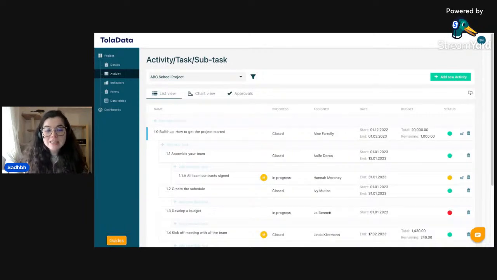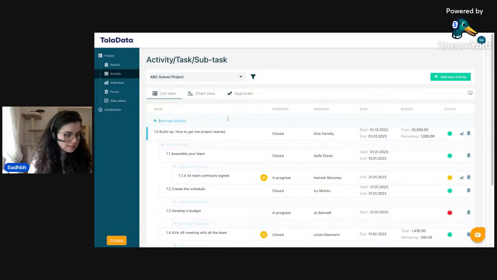So that was the initial orientation and overview of the activity section and all the features that you can avail of. So now to help you out, I will create an example of an activity that I would set up. To do that, I have the option to create it either by clicking this green button up here, add new activity, or as I prefer to do, I can just simply enter it in this transparent blue